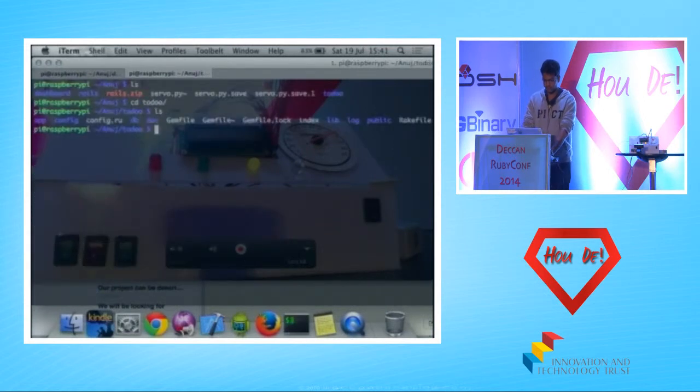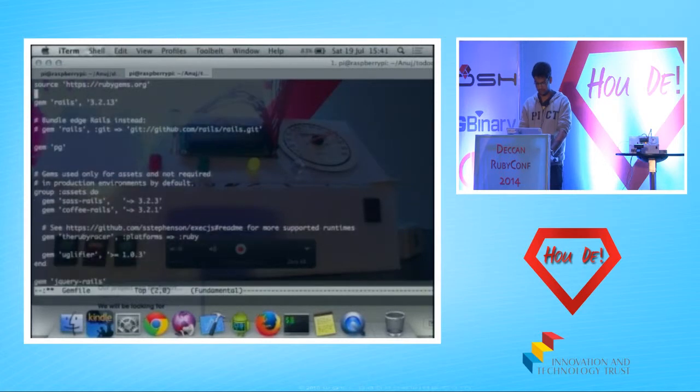So this is a Heroku app that I have. I'll make a small change so that we can actually see the deployment happening. I'll get rid of this white space.